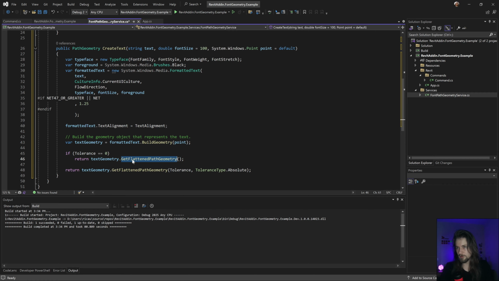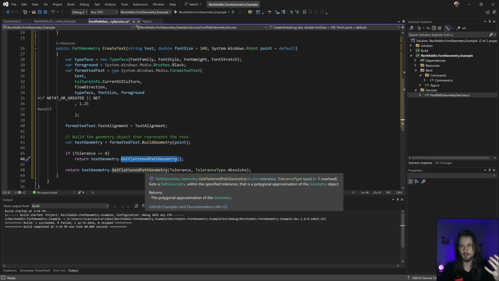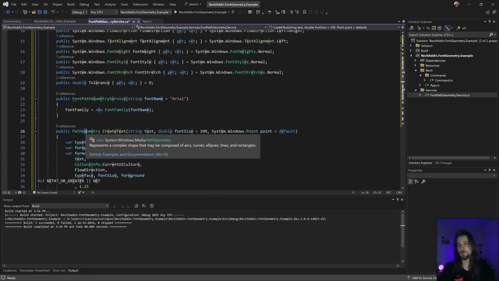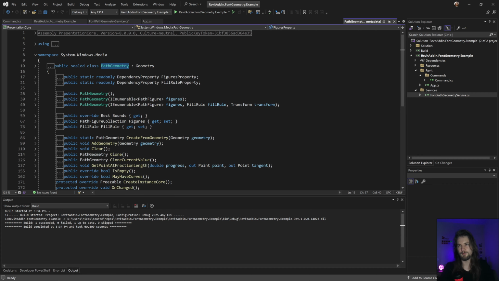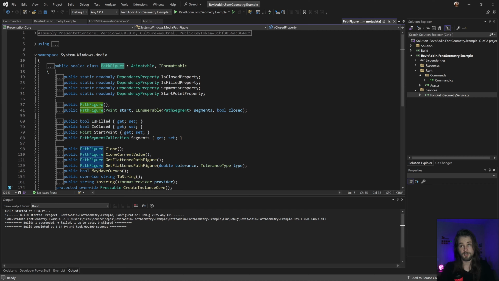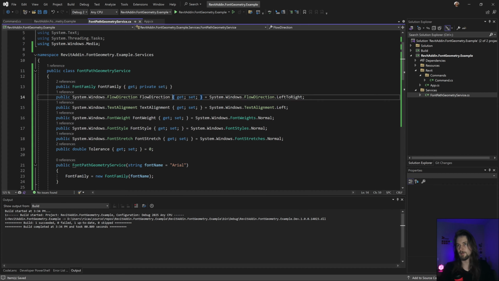And with this I can basically get the path geometry. And with the path geometry I have all the figures, that basically is the path of each object or each font. So yeah, let's use this one and see what happens.